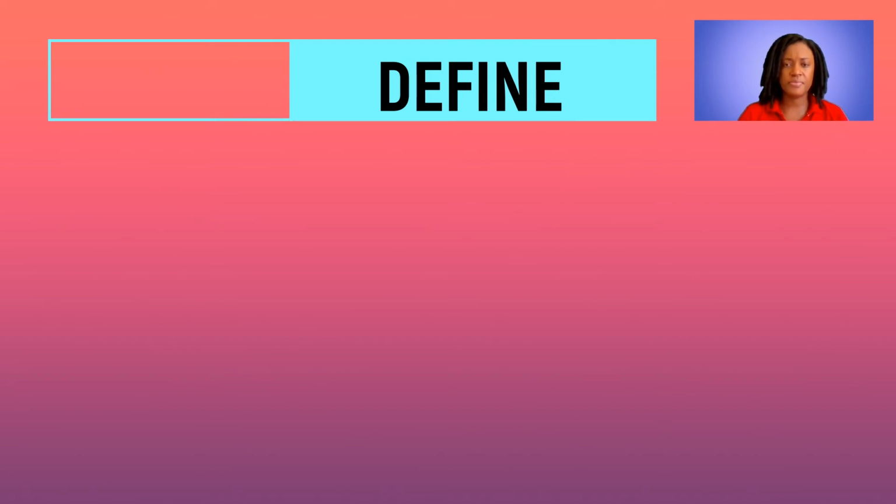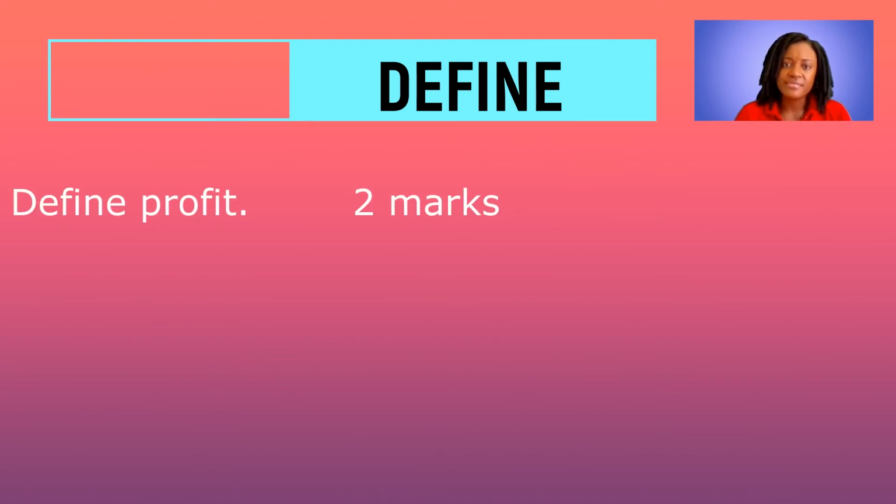Now, let's say you're asked to define something. Let's say you're asked to define profit. And to define profit, it's 2 marks. No, it is kind of a little tricky, I know that. So you have to make sure that you give a full definition. In writing your definition, imagine that at some point you would put a 1 mark for perhaps half of your thought, and then another extra mark for the final stage of your thought.